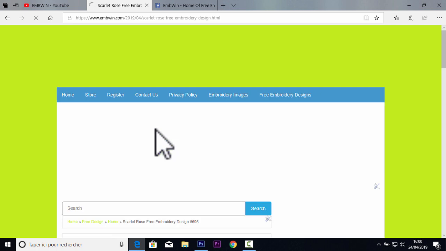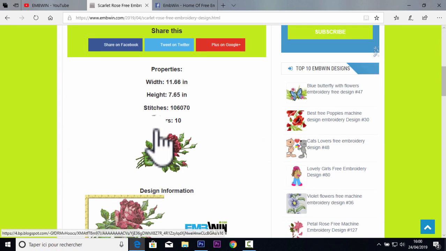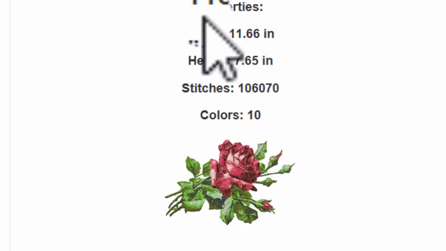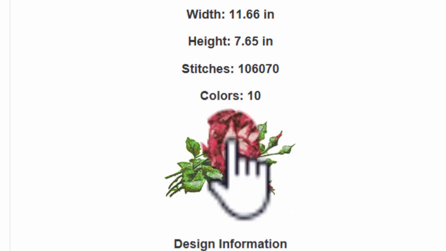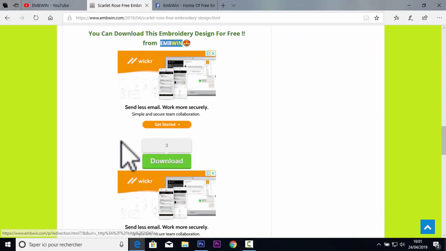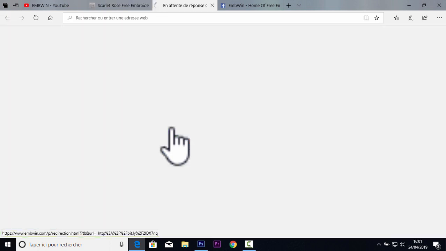Click on the title and like you see here is the properties of the design and the design information, the colors, stitches, all the design information you need to know. To download this design you should click on the green download button from here